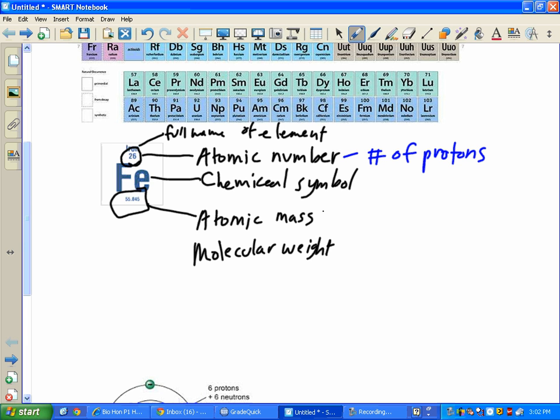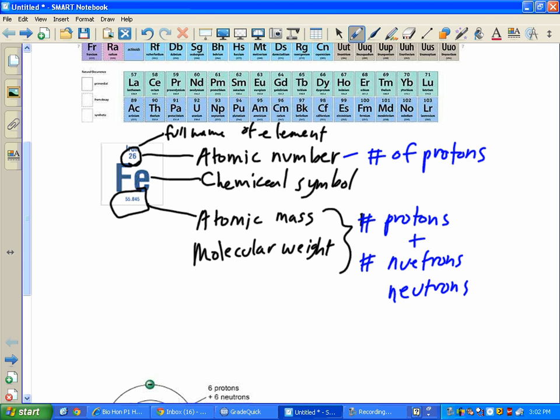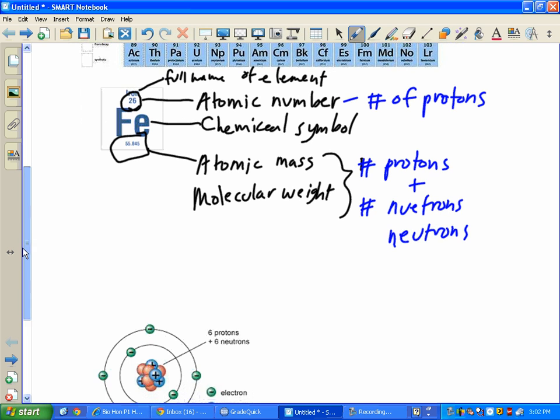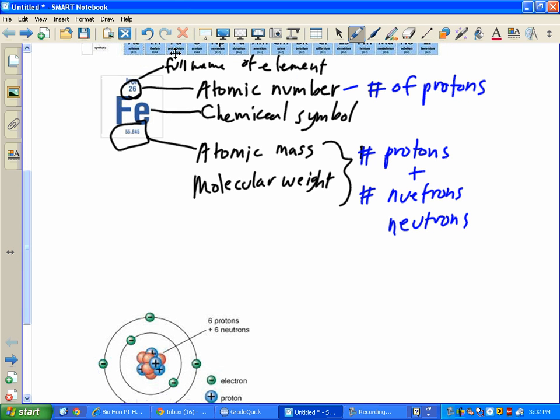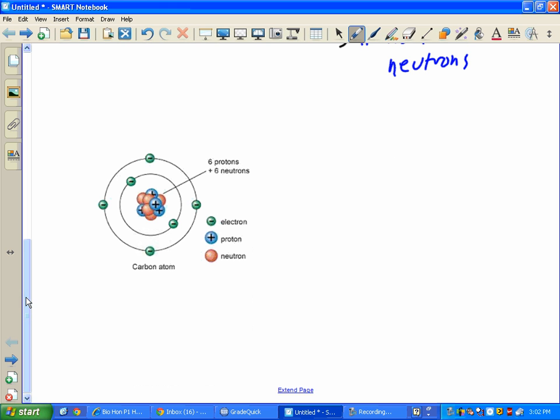Okay, same thing. Those are the number of protons plus the number of neutrons. Okay, so is that how you spell neutrons? I think it's like that with the E first. Okay. So you need to know these two things: atomic number, number of protons; atomic mass, number of protons plus the number of neutrons. Right? When we look at an atom,